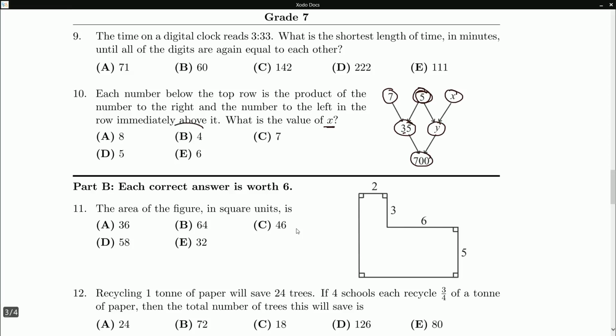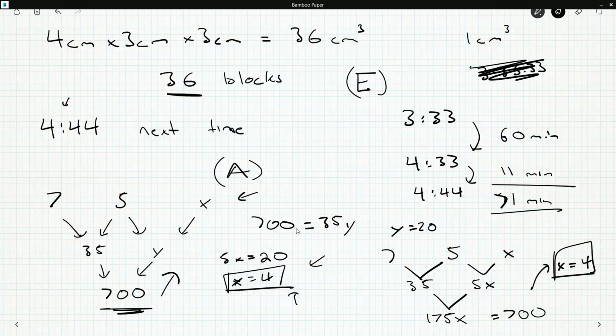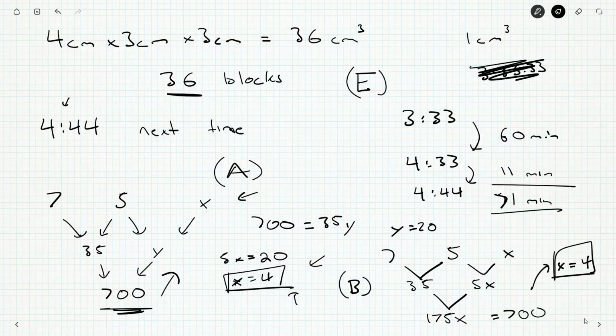Very interesting little question, and our answer is going to be B. So you would bubble in B, if you were writing the contest. I'm just going to write down B and flip the page